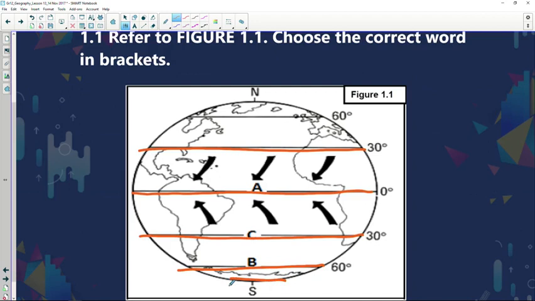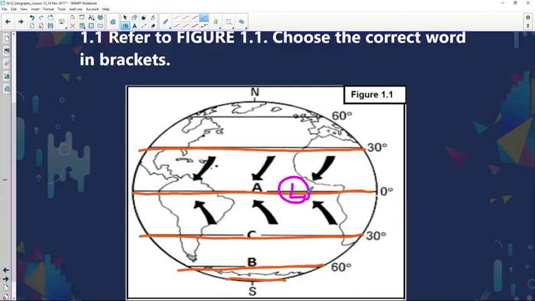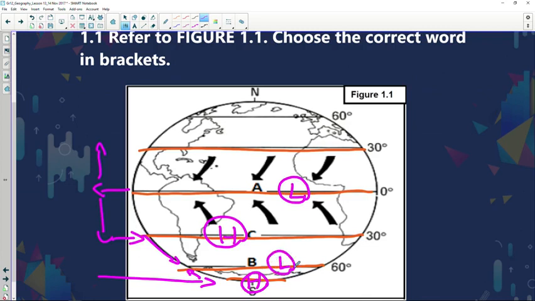Now before we look at the questions, just quickly look at the pressure that's being experienced over there. What type of pressure do we experience at the equatorial regions? The low pressure. Why? Because of extremely warm conditions. The air rising, diversions taking place in the upper atmosphere, the air sinks, and we have our high pressure belt situated over there. Let's just quickly fill in high pressure over the polar regions. We experience it over there because of extremely cold temperatures, and then there's convergence taking place with our subpolar low